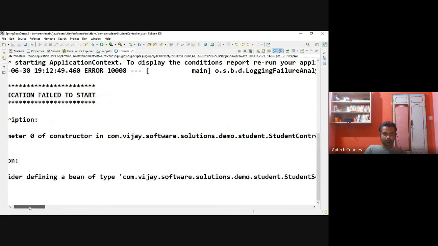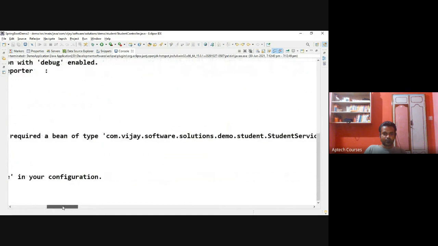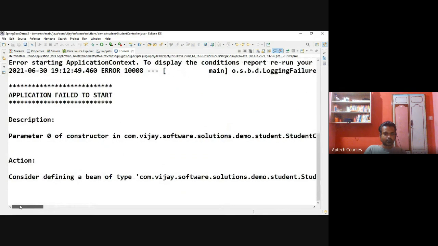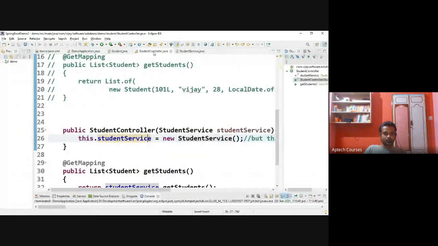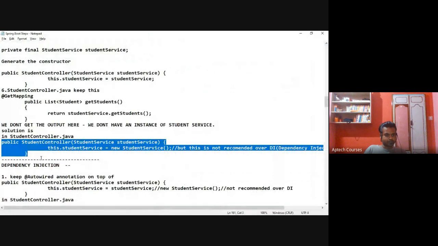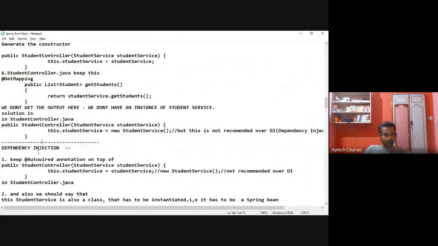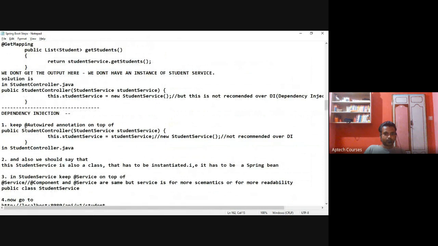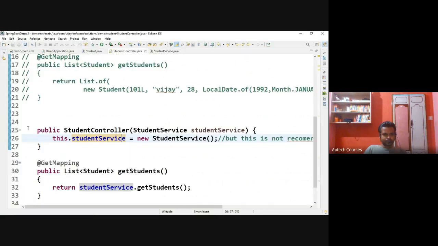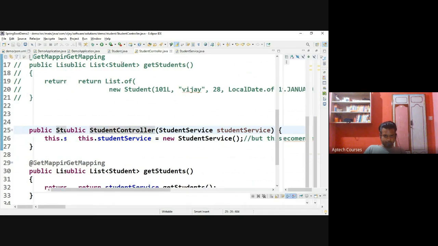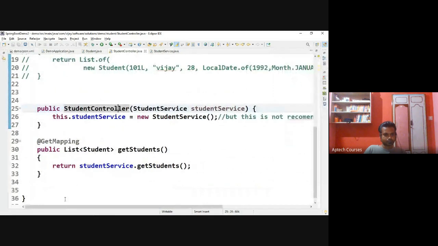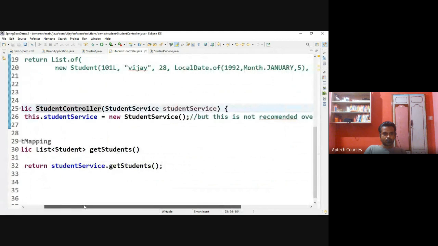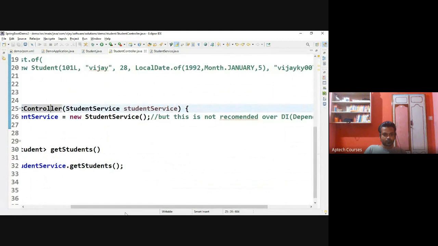What are we getting now? Required bean of type is not found. Consider defining bean in your configuration. What does that mean here? What are we going to do here? New student service.